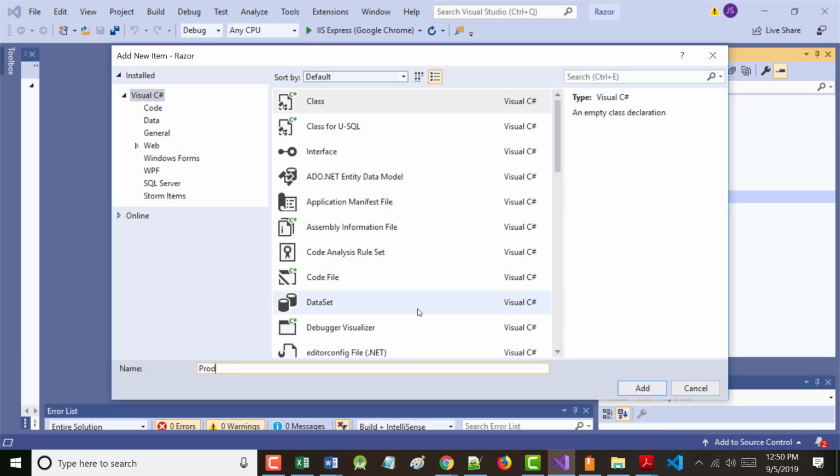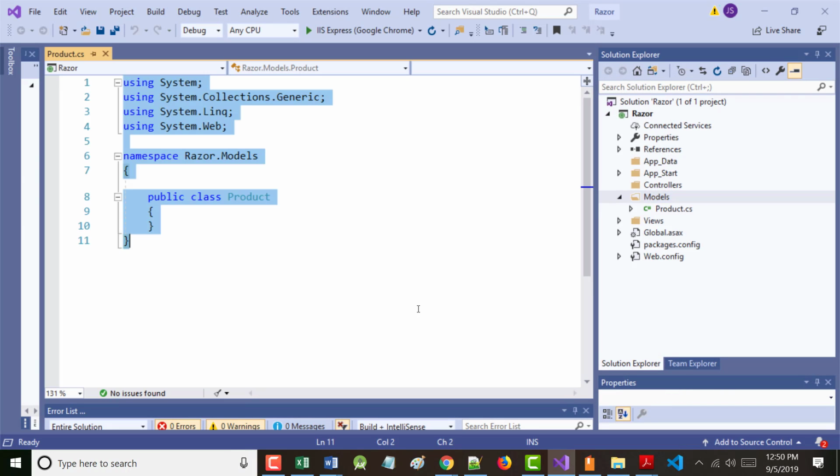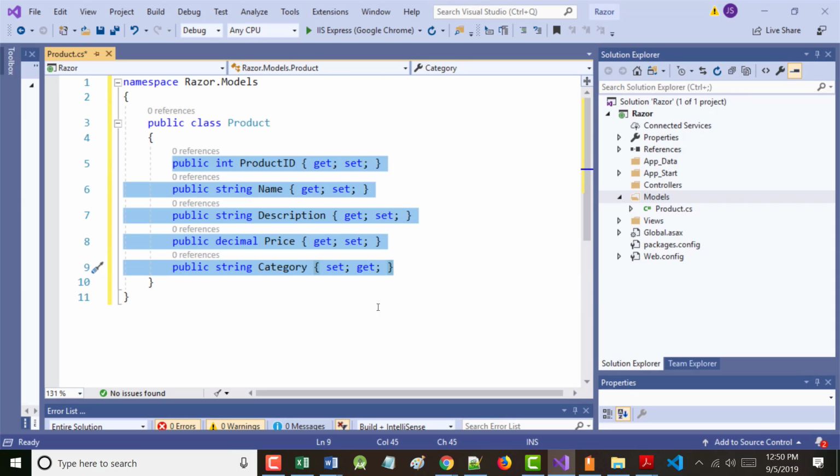It's product.cs, and you can either key in the stuff that's shown right here, or you can just copy it from the book. But again, this would be more reminiscent of us working with a database table of products. I'm not going to go through any of those fields.